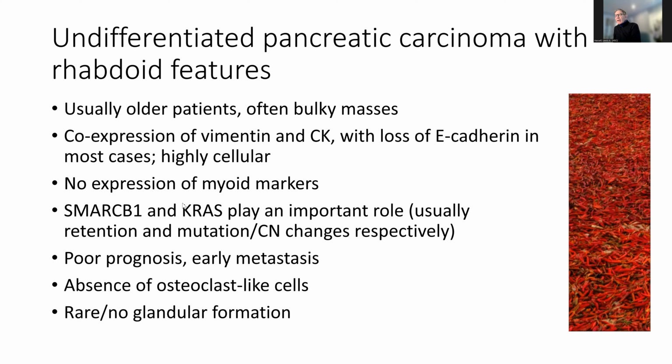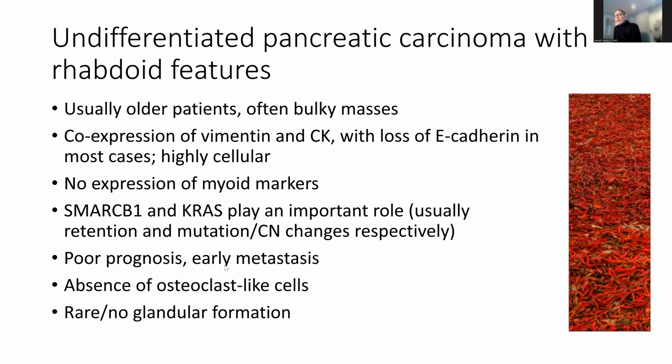Now, one very interesting study looked at the role of SMARCB1 and KRAS mutations in these undifferentiated carcinomas. And found usually retention of SMARCB1 or INI1, which was true in our case, and mutations in KRAS. These markers may be of significance because at some point down the line, they may be targets for therapy. Unfortunately, this is a tumor, at least currently, that has a very poor prognosis with, as illustrated in our case,